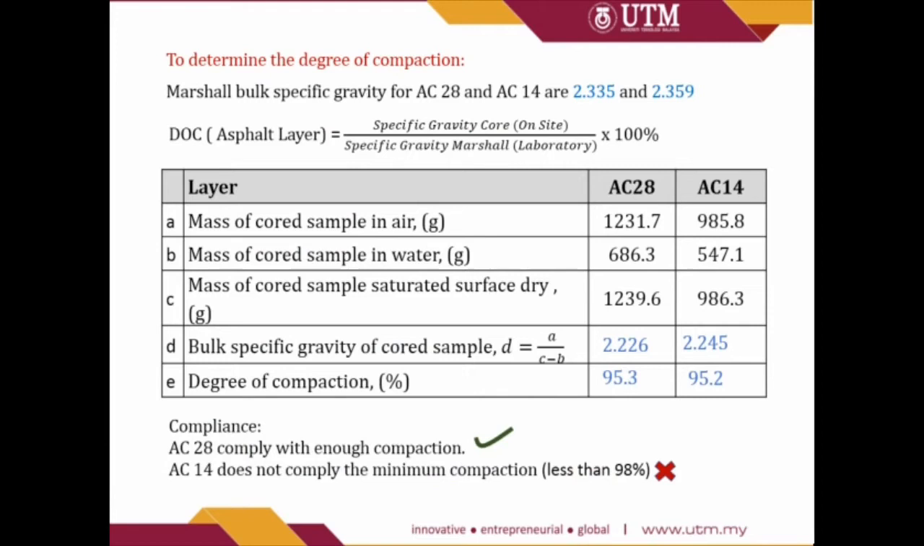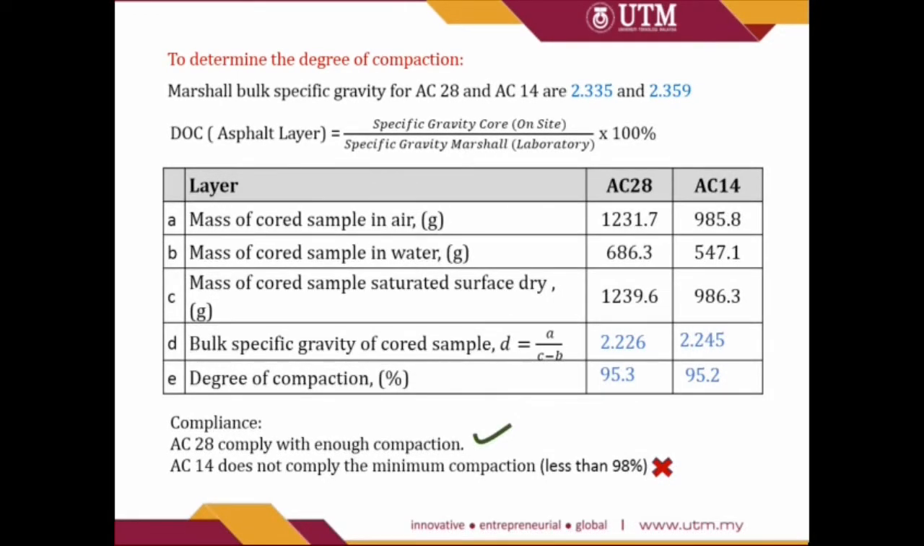In order to check the quality of the asphalt paving based on the data given, first we need to evaluate the compaction work. So refer to the coring table. The bulk specific gravity of the core sample can be calculated using the given formula. Then, the degree of compaction can be calculated by taking the ratio of the core sample specific gravity to the